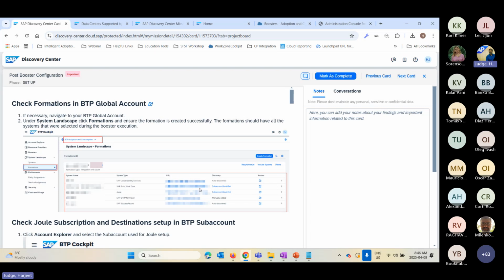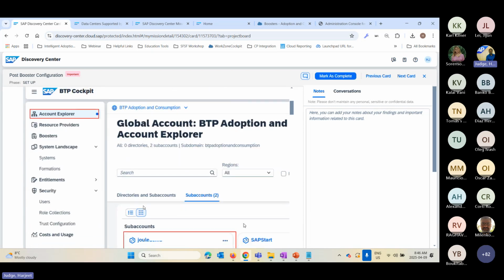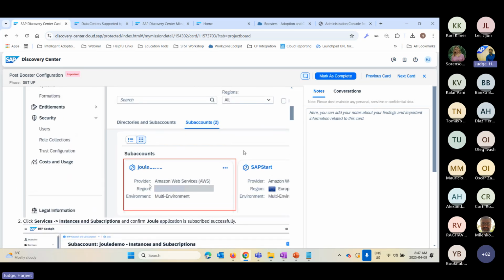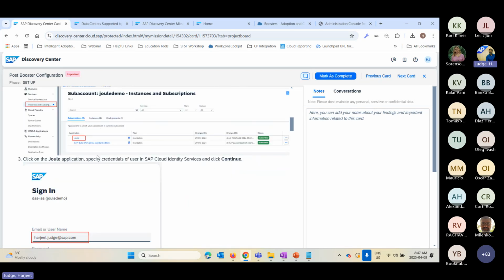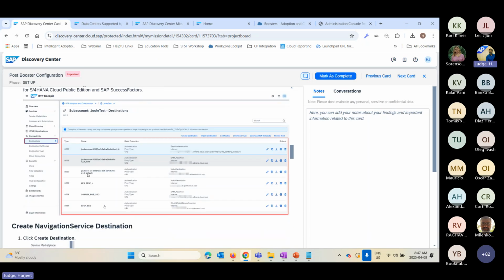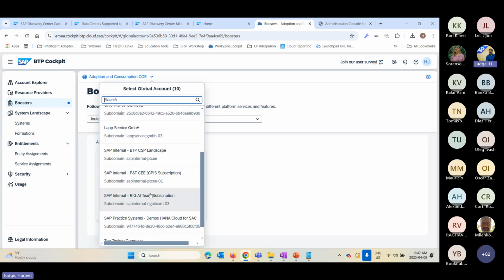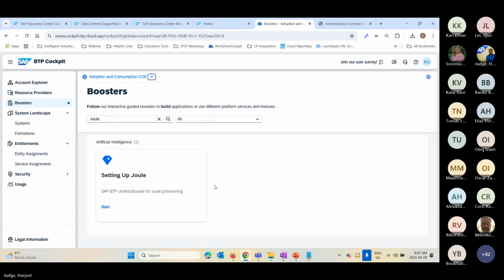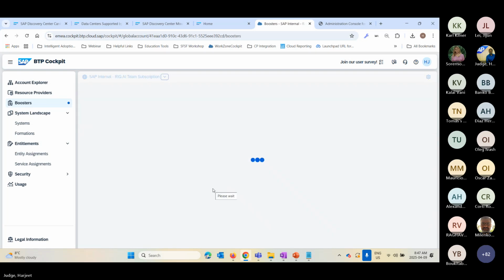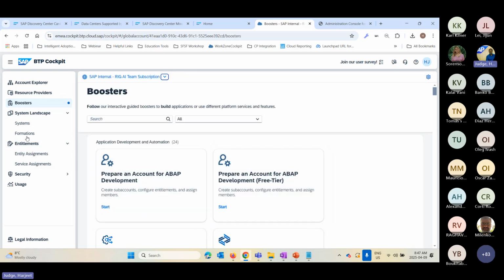You can validate that by going to the system landscape in your BTP global account. Joule will also create a set of destinations. First, it will create an instance of Joule in your BTP subaccount. And it will also create a set of destinations in your BTP subaccount. I'll quickly show you that in the environment. I'm going to switch over to a different global account where I have this already set up. First thing, if I go under my global account and click on formations,